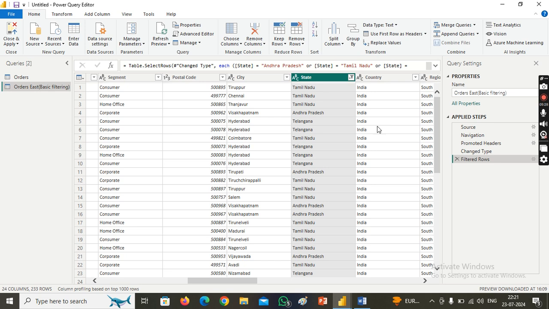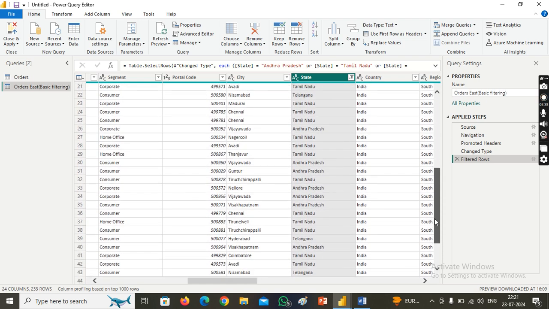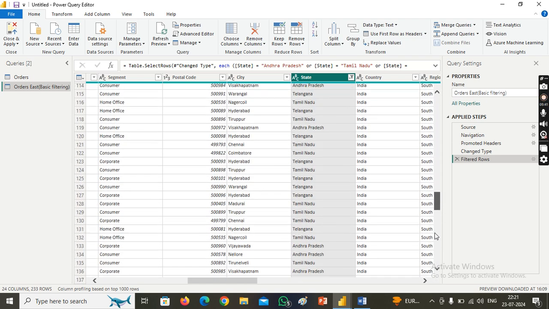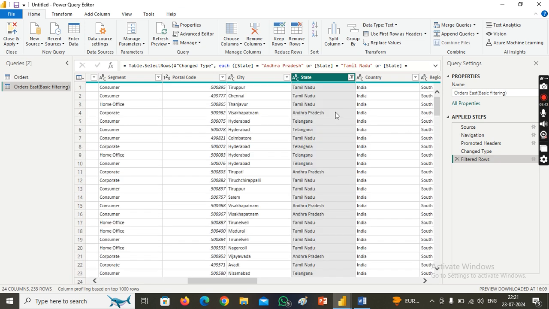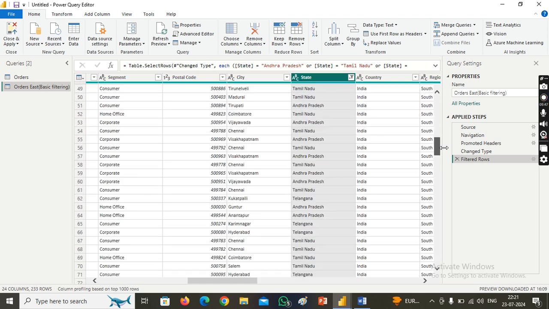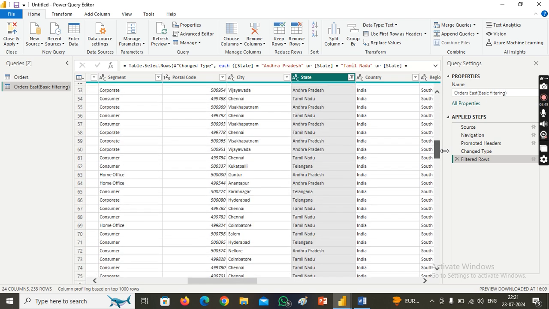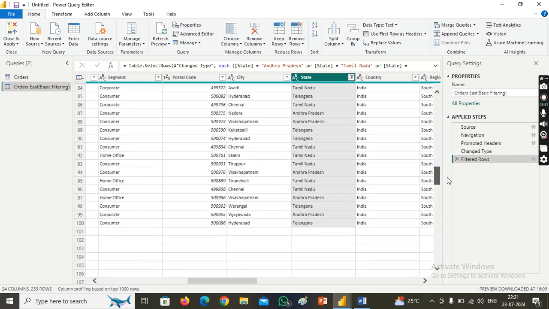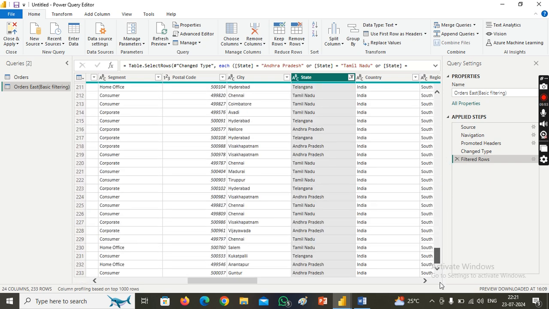Okay. Previously, there were plethora of states in this column. But now, after applying the filter conditions on this column, we have only 3 states: Tamil Nadu, Andhra Pradesh, and Telangana. Okay, guys,